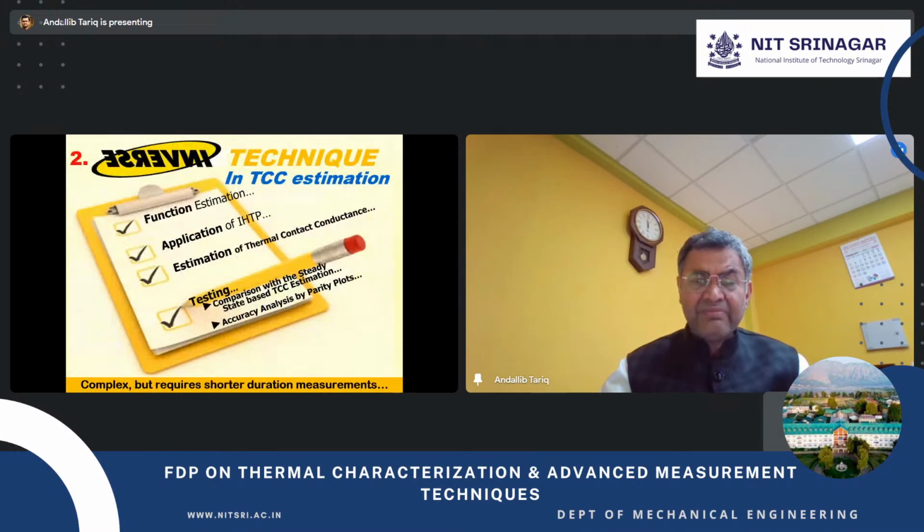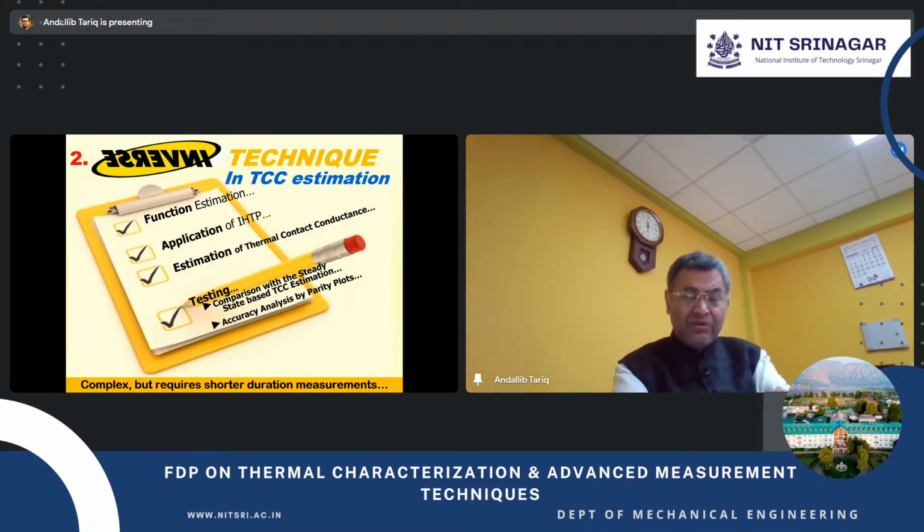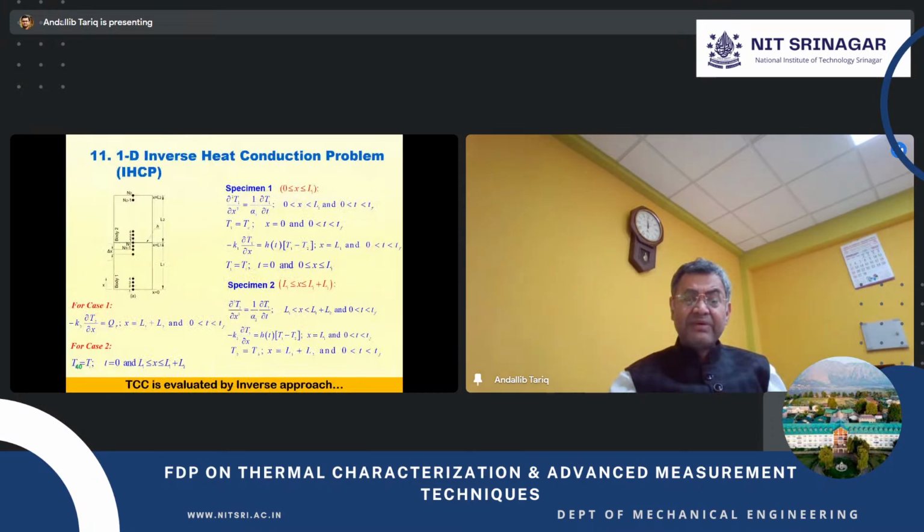In the next phase we did a set of transient experiments. And in the transient set of experiments, this is a typical inverse problem. Don't get confused with the TCC, which is inherently inverse because it cannot be measured directly. Here we are talking about the inverse heat conduction problem. It means we map the temperature patterns with respect to time. Say we did the experiment for 20 seconds, 30 seconds, 1 minute, and that we have used as an input,